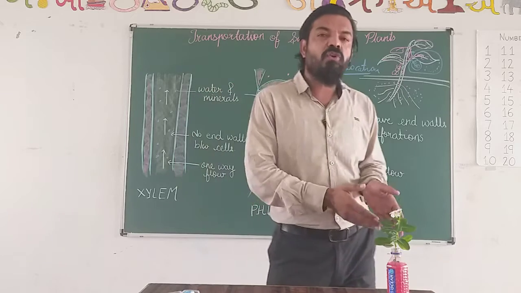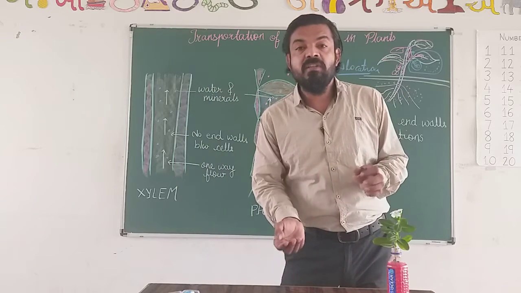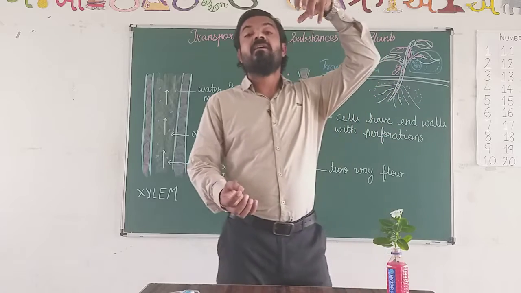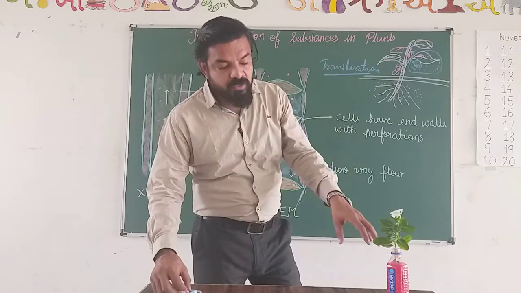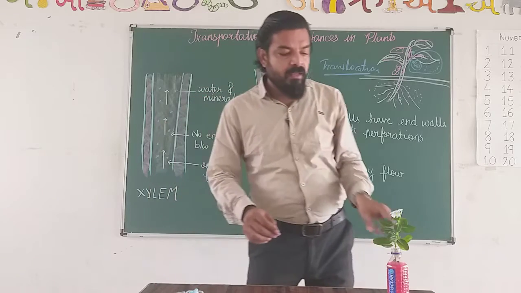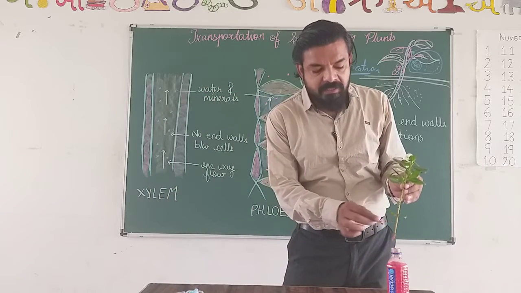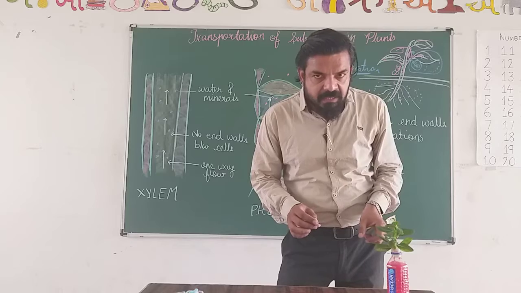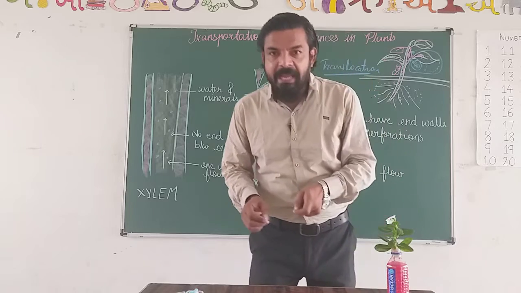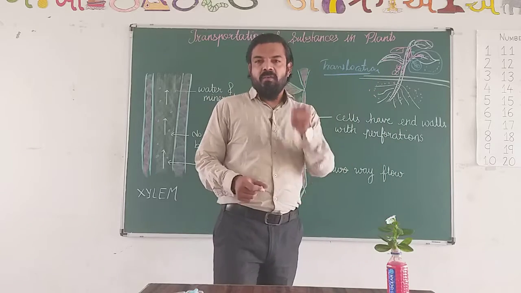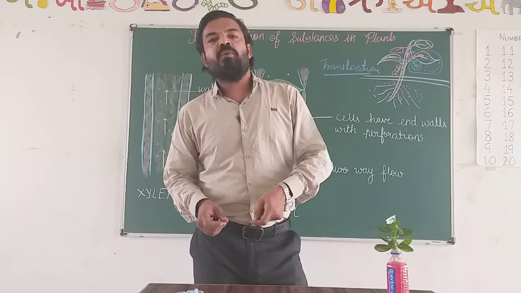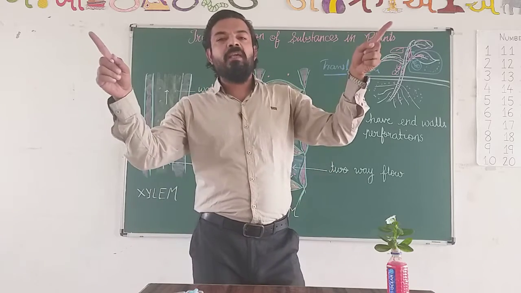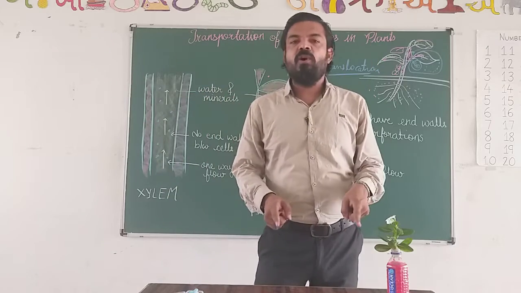Then it will show you the color which is observed in the stem. And you can observe the red color inside this stem. That means it is proved that the material which is absorbed from the root is transported to all parts of the plant, and that is called the